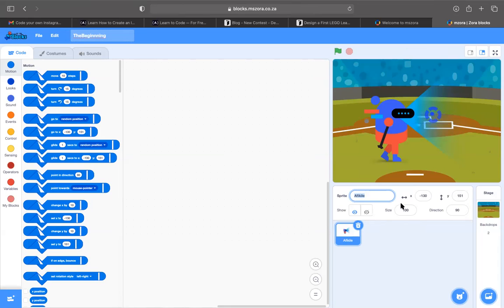All right. So we also have a position for the sprite. It is now currently at the X. So we have an X and a Y position. And it is at minus 130 on the X position, and it is at 151 on the Y position.